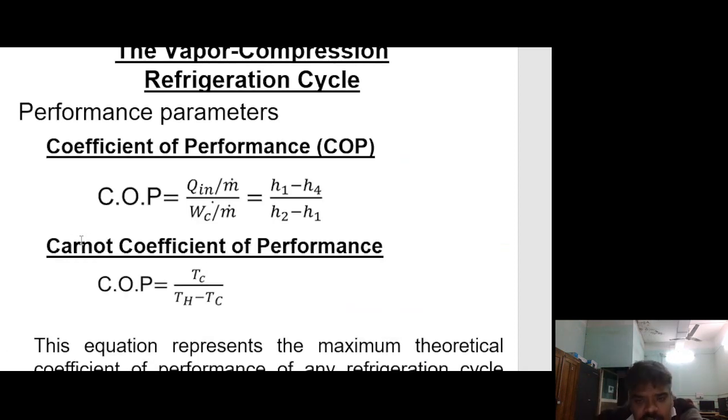The vapor compression refrigeration cycle performance parameter: coefficient of performance, heat absorbed in the evaporator divided by compressor work, (H1 minus H4) divided by (H2 minus H1). As in the figure, the enthalpy during the expansion process remains constant, so H3 becomes equal to H4. Carnot coefficient of performance, Tc divided by (Th minus Tc). This equation represents the maximum theoretical coefficient of performance of any refrigeration cycle operating between cold and hot regions at